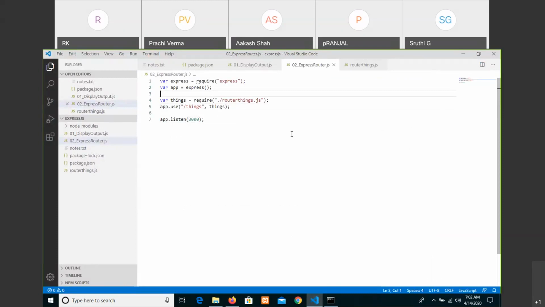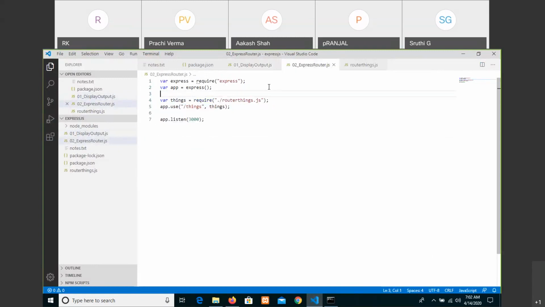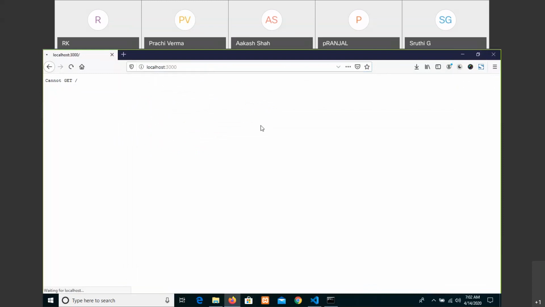That's the reason. Okay, if you want to see the home page also, yes, copy this one for the time being. And yes, you can make it a group of things. For the home page, it will show this one when the user types it, then it will show this output. Now when you run this example, we are getting that home page output.